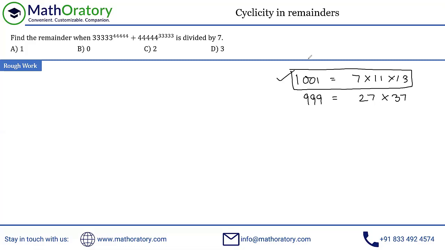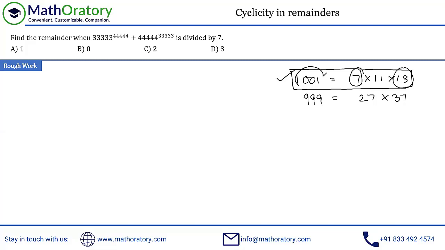Mostly this 1001. I've used this 1001 idea in a lot of different questions, especially in divisibilities of 7 and 13 also. The way I use divisibilities of 7 and 13, you will understand in this question. It becomes very useful. So let me show you this very smart way. This is a very logical and very smart way to look at this question.